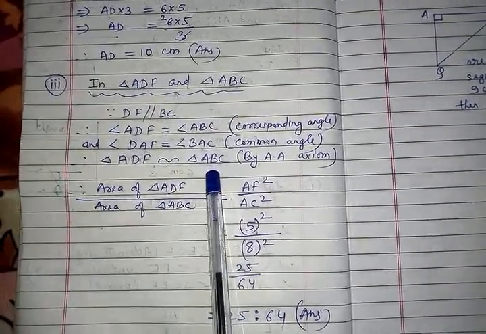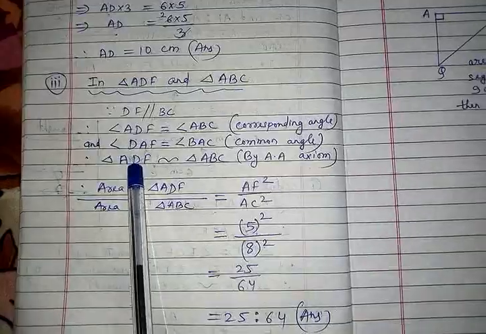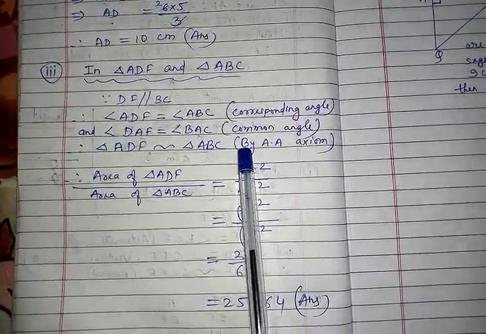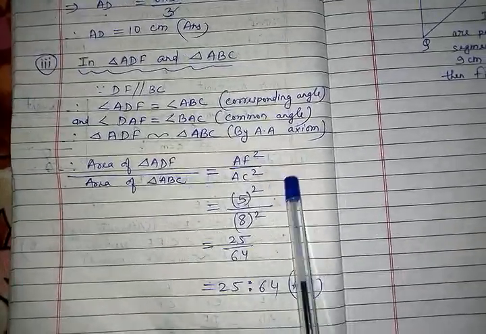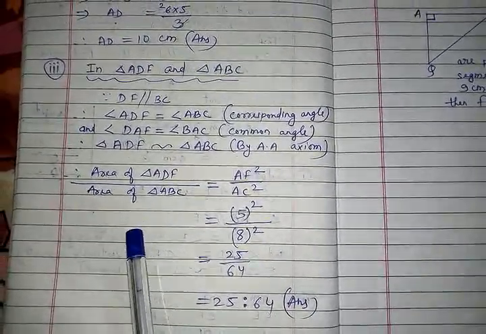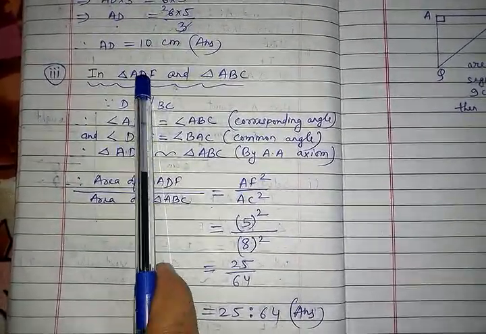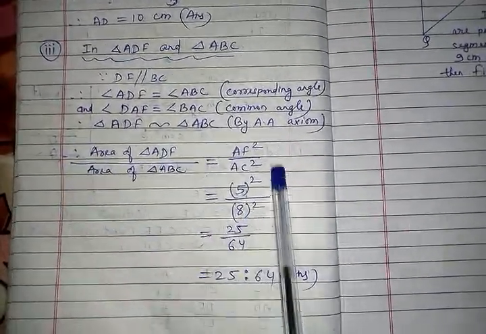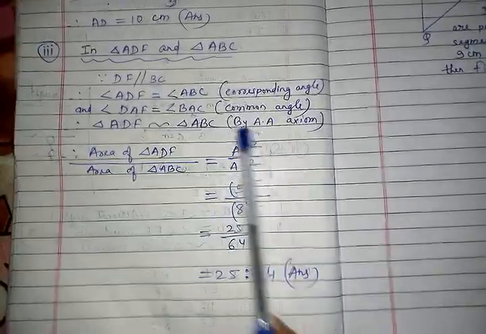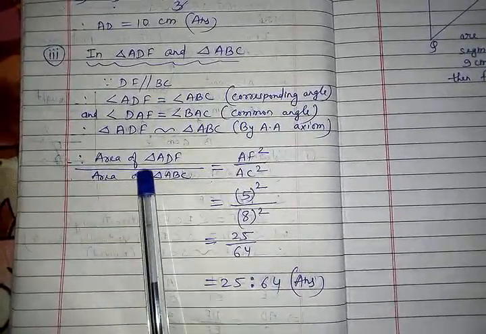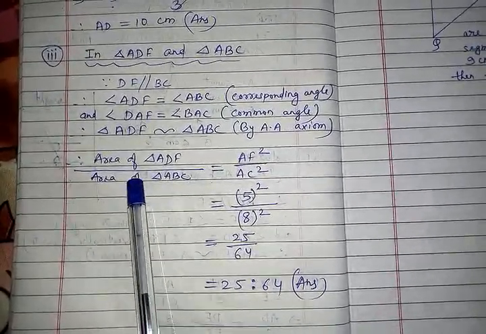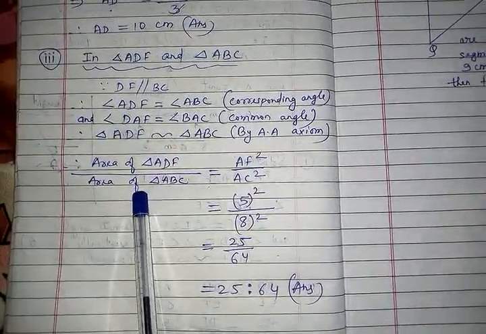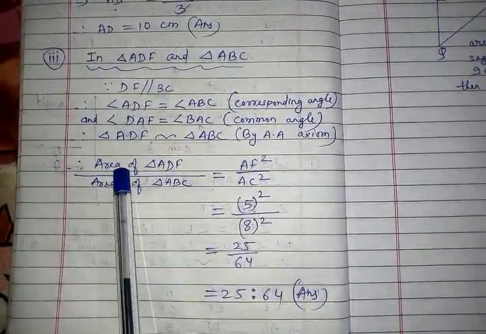Now you might be asking a question: sir, it was not asked to prove, but why are you proving? Then let me remind you children, before using the area theorem or proportionality theorem, first we should prove that the triangles are similar. Then only we have the right to use this proportionality or area theorem. As in this question number 3, the question is only asked regarding area. So this time no need to use the proportionality theorem. So we are using the area theorem.